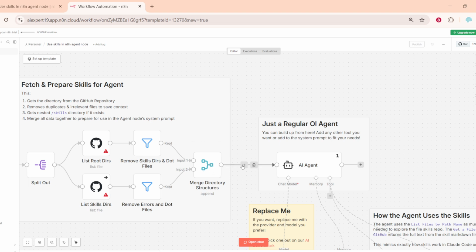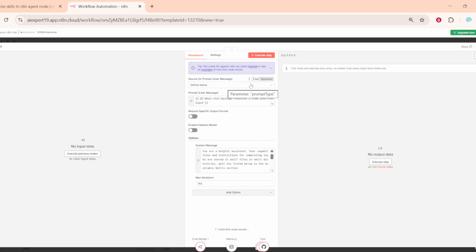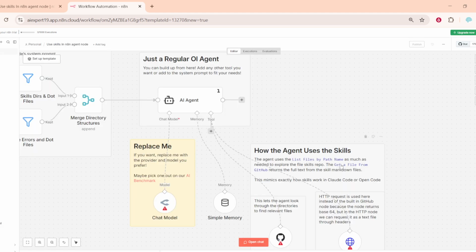With that in place, configure the AI agent node. Feed it the merge directory as a system prompt and instruct it to rely solely on the skill files. When a user asks a question, the agent identifies the relevant skills, fetches those files concurrently, and executes the instructions they contain. Include guidance in the system message on how to traverse directories and retrieve files so it knows exactly